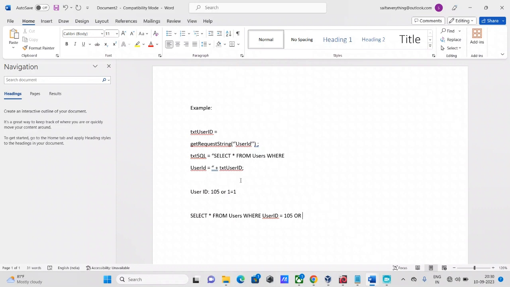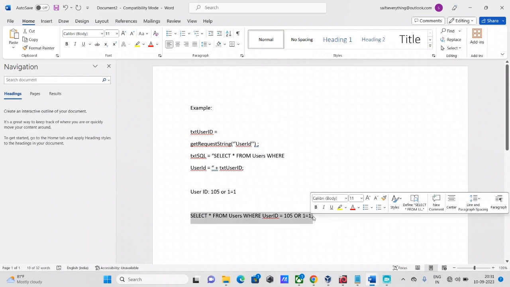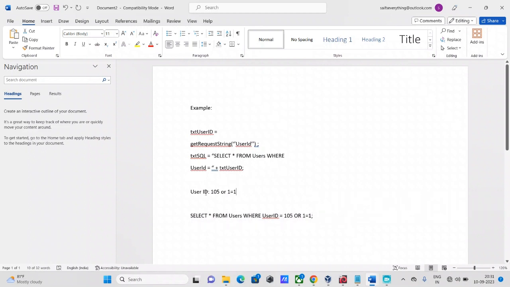I'm going to then add an OR operator. Then I'm just going to end the statement with a semicolon. All right. So this particular SQL query or statement above is valid. For example, if a website is vulnerable to SQL injection, and the attacker tries to run this payload,